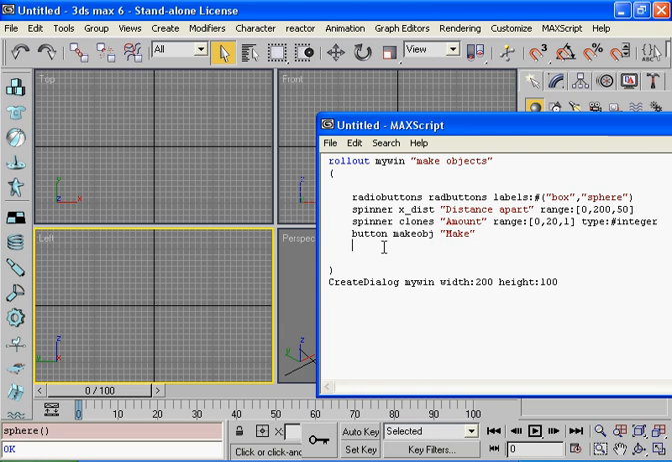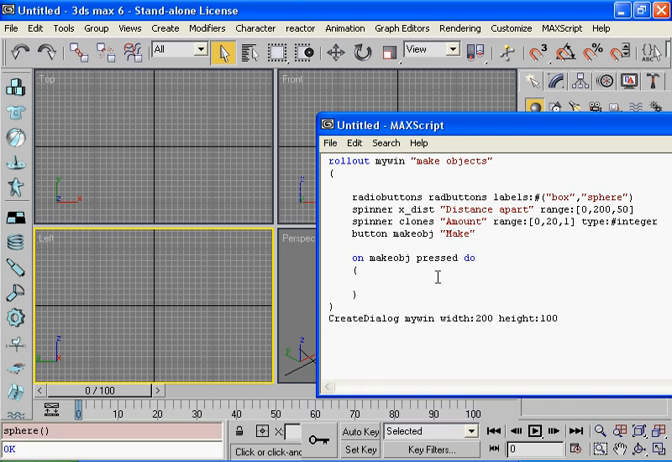Now it really is that simple. We literally tell 3D Studio Max that on make OBJ pressed do, and then tell it what block of code. So all that does is, on the event that this button is pressed, do this block of code. And it really is that simple. Now what we're going to do in this script is, because we're specifying a distance between each object, we need to move each object along the x plane, the x direction by this amount,